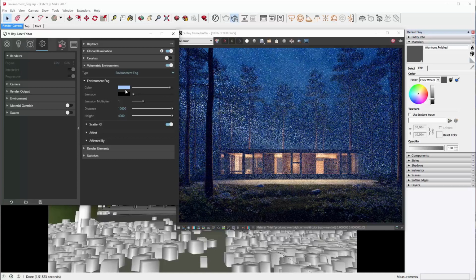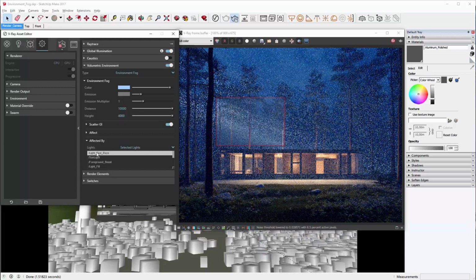And again, I'm going to make a render region just so it renders more quickly that way. And if I enable the emission, you're going to see that the fog is actually going to emit light. So it's going to appear lighter. And as soon as V-Ray updates, you're going to see that. Oh, there we are. And if we compare before and after the fog, you can see that it's lighter. So you can play with the emission settings. We also have distance. So if I decrease the distance, the fog is going to get thicker.